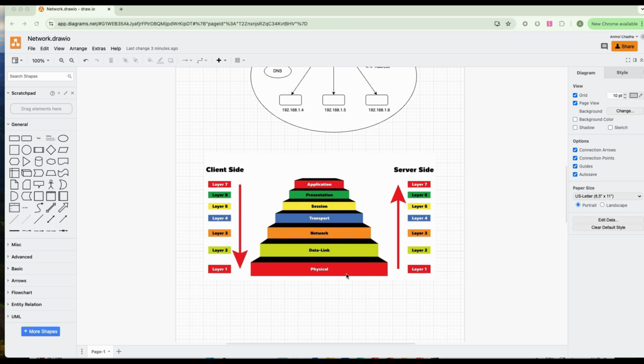There is no fixed start of this OSI reference model. What I mean by that is, if you're reviewing it from the client side, the first layer is layer 7. If we are reviewing it from the server side, the first layer is the physical layer. You will understand it better in a while when we see the functionality of each layer and what packets are getting added on each layer. So in my example, I am going to start from the client side,